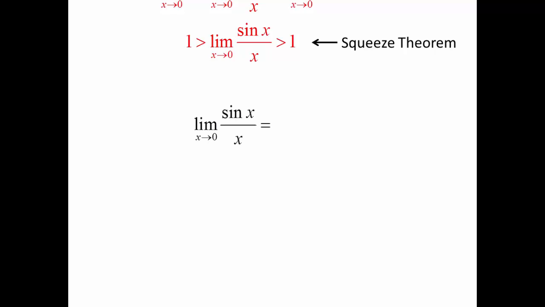So by the squeeze theorem, I can say finally and completely and truthfully and irrevocably that the limit as x approaches 0 of sine of x over x is and forever will be 1. We justified it graphically, we justified it numerically, we have proven it geometrically. Now this particular limit, I spent so much time on because it's going to come up over and over and over again. So what I want you to do right now is memorize it. The limit as x approaches 0 of sine of x over x is 1.